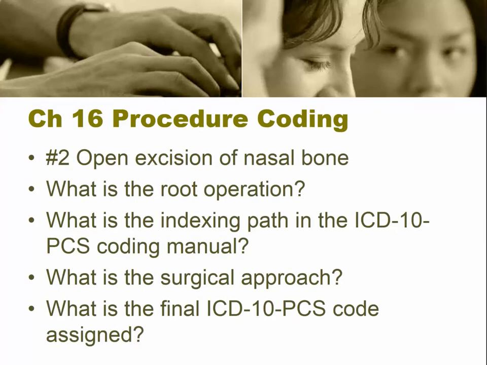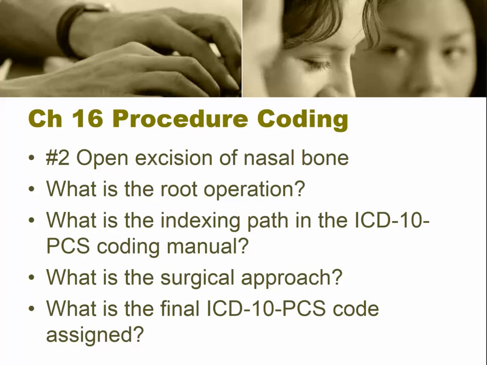So if we look at number 2 in your textbook, chapter 16, under the procedure statement coding component, it states the patient is having an open excision of a nasal bone. You have the four common coding process questions. What is the root operation? What is the indexing path in your ICD-10 PCS coding manual, specifically in the alpha index? What is the surgical approach for the clinical statement? And then what is your final ICD-10 PCS code? And these are the questions you would be answering on the class discussion board for this particular lesson related to